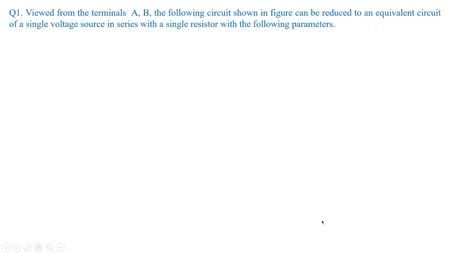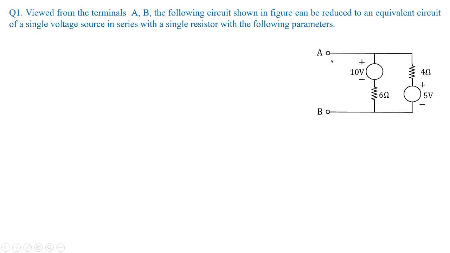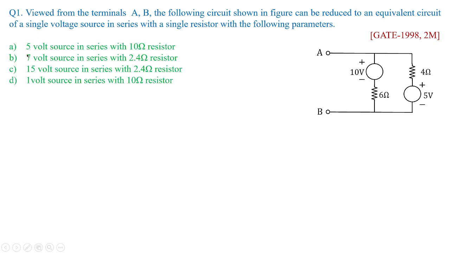So question number 1 was asked in GATE 1998 for 2 marks. You can see AB is the equivalent network where we need to find the parameters based upon the figure. It has to be reduced to an equivalent of a single voltage source in series with a single resistor with the following parameters. The options were given like A, B, C and D, where you have option A as